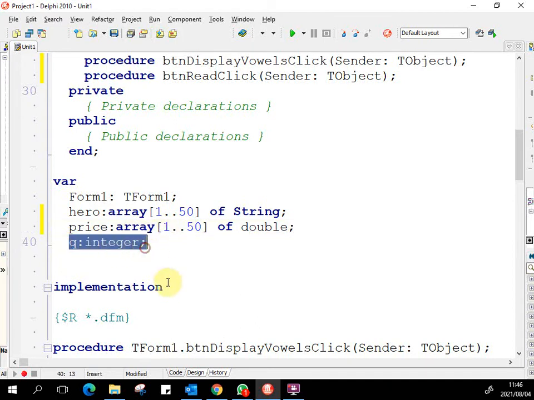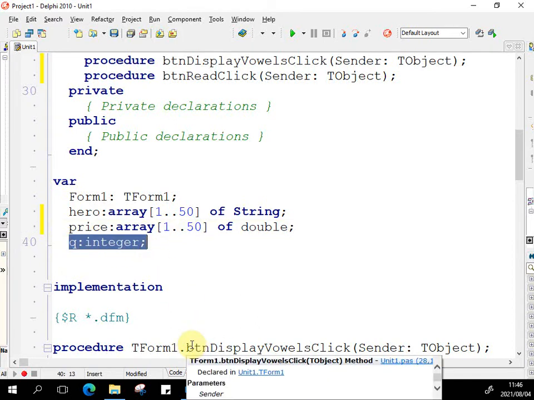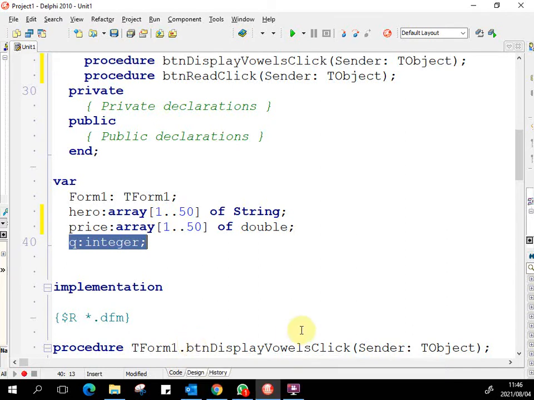Do we need another counter? No, because you agree, if our counter tells us we've got 5 products, we'll have 5 names and we'll have 5 prices. So it will always be the same. We can't have 6 prices and 4 products. You have the same amount of products as prices. So you'll still always only have your one counter that keeps track of how many items you've got. But now the item is a name and a price. And then obviously once you understand this one, you can go much further with this. You can have a name, a price, quantity, a genre, like 4 or 5 arrays, and all of them just